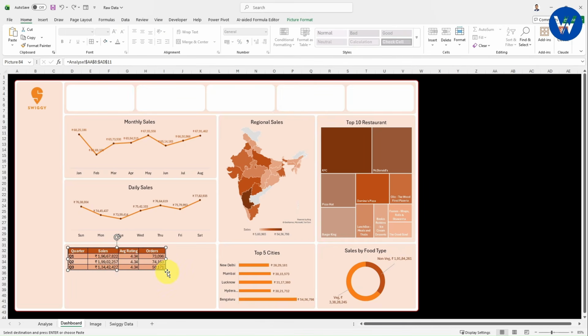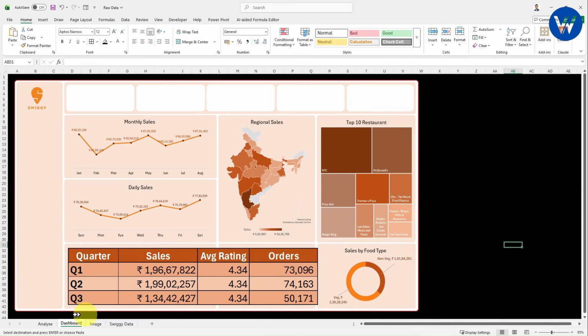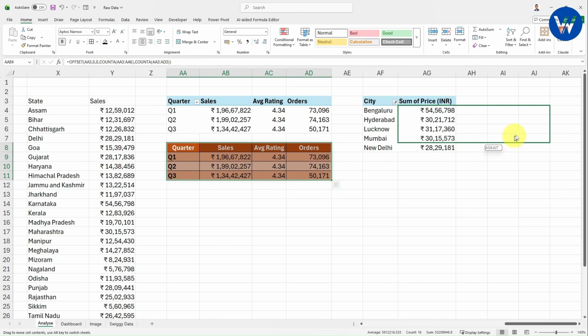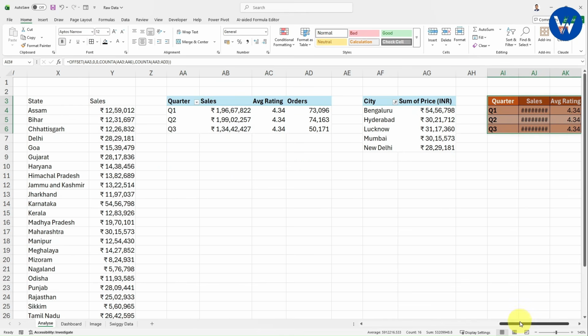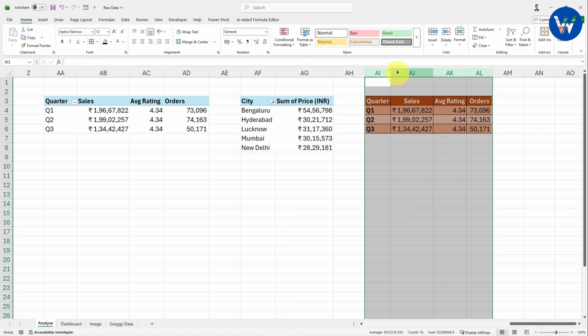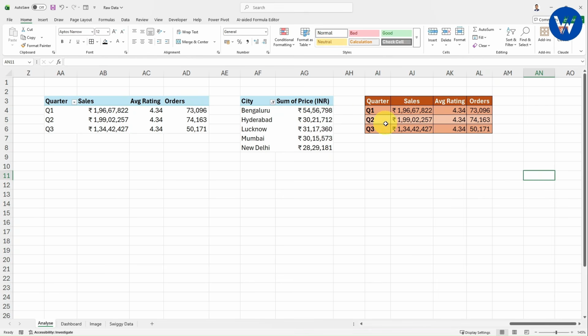So first let me resize it. Right. Okay. Now look here guys, what I will do, I will just go to the analyze sheet. This is a table, right. Let's suppose I will give the formatting for this. I will take this here, right side I will take this. Okay. Now I will adjust the column width. Double click on this. Right. Now the column width is adjusted.